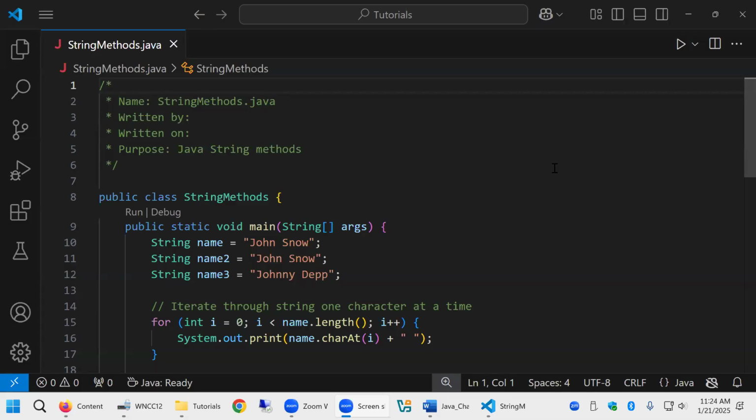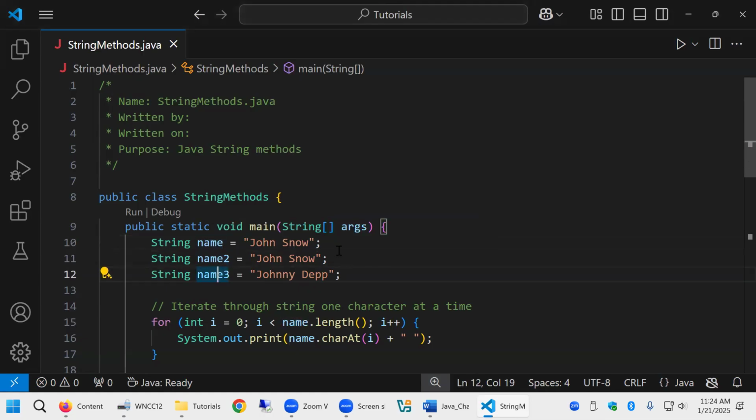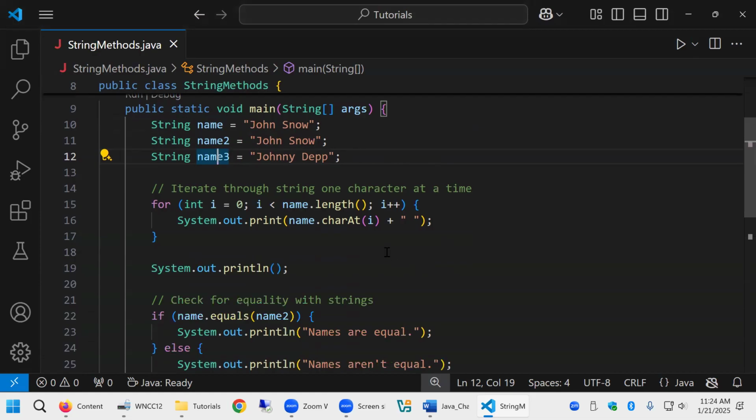A string is a class. When we create a new string, we don't have to explicitly do new. This is like a shortcut constructor to create a string object. You can do it where you say equals new String("Jon Snow"), but this is a shortcut way to do it. Java handles that in the background. So now this is an object, 3 of them. I don't know why Jon Snow is in there twice. Anyway, and I don't know what Jon Snow has to do with Johnny Depp either, but